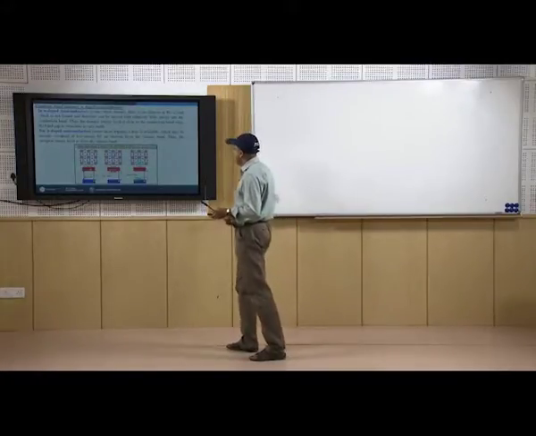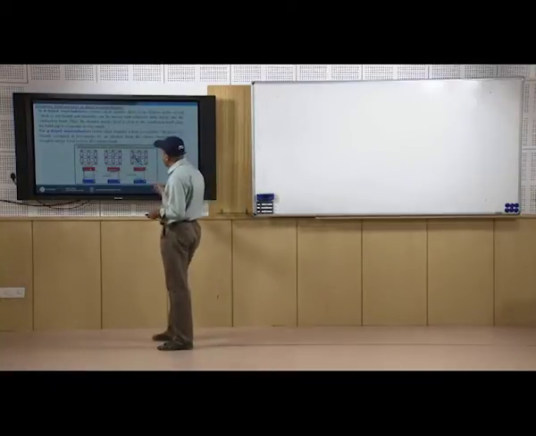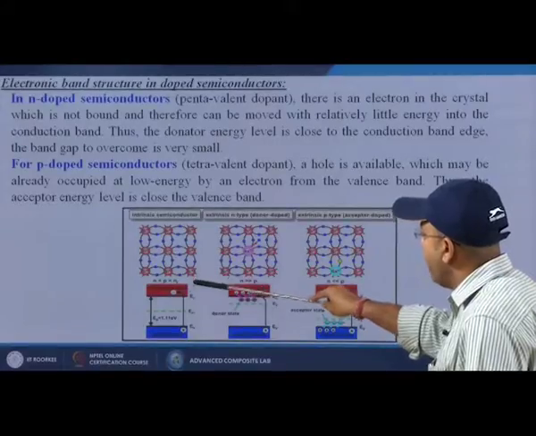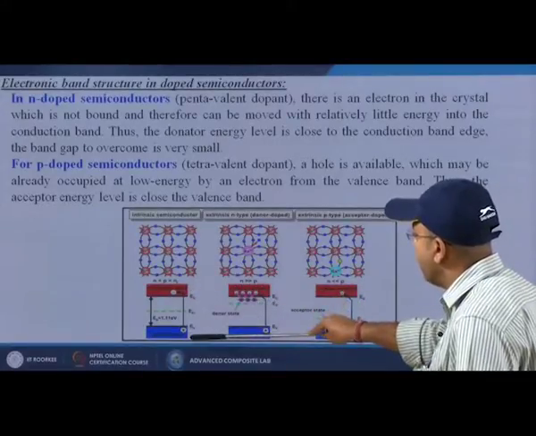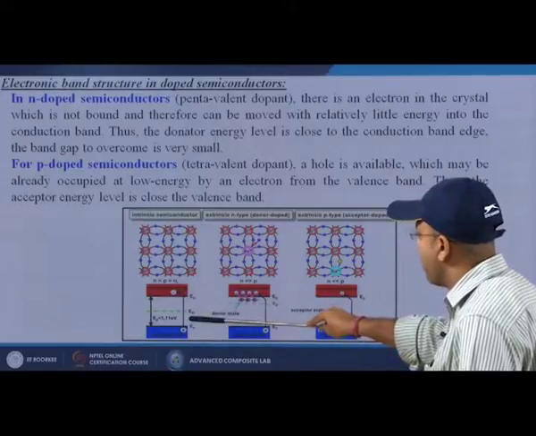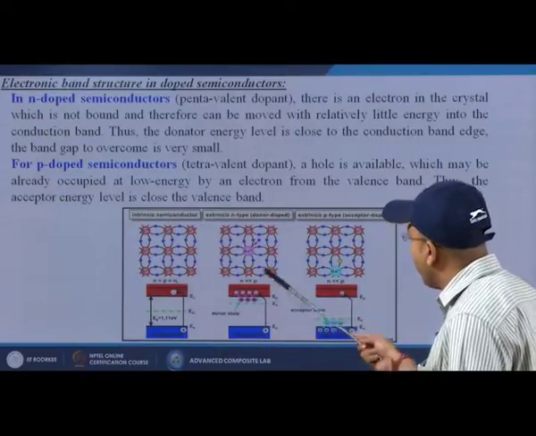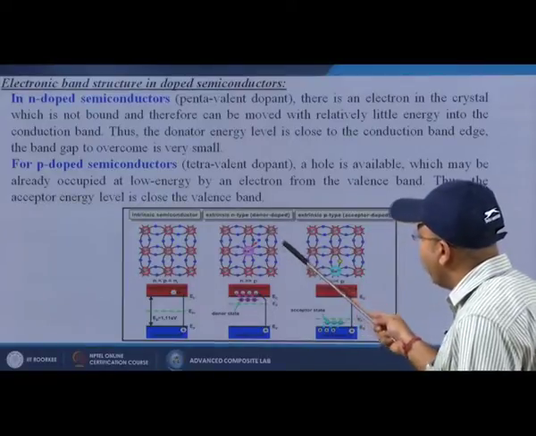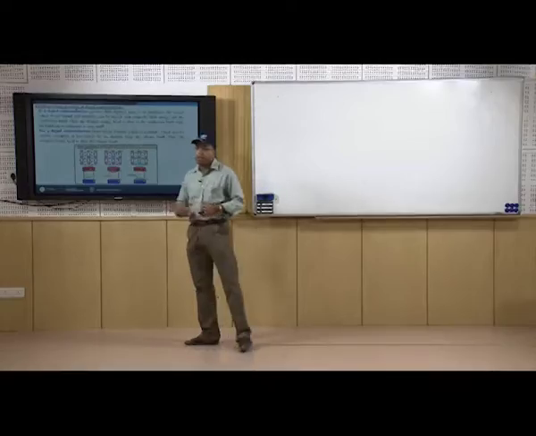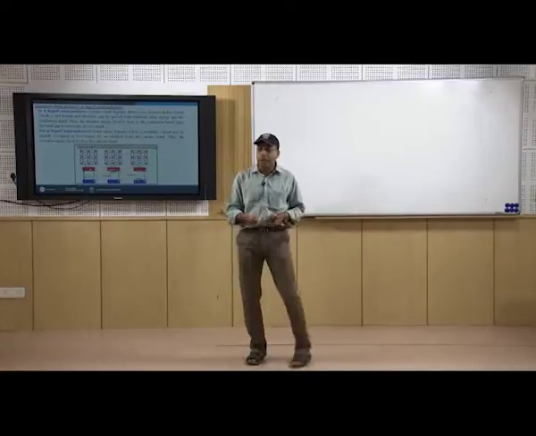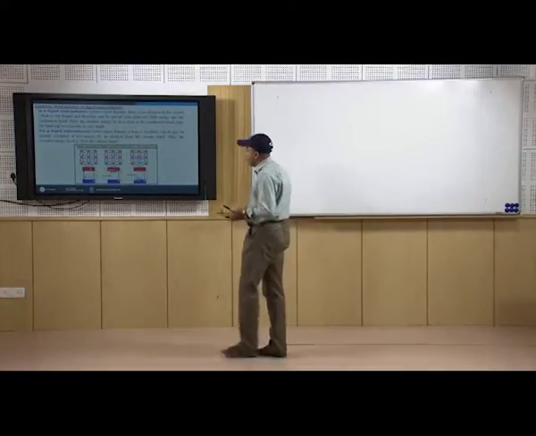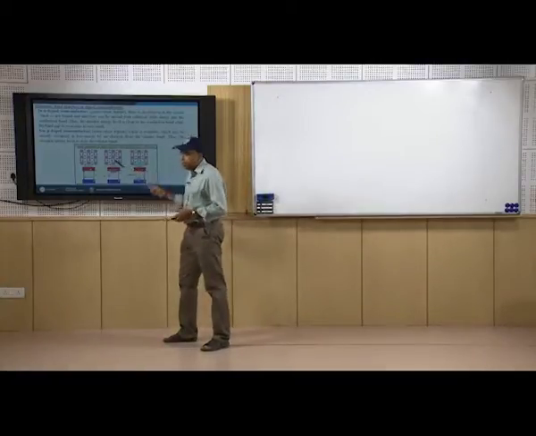So, here the same thing is given in some schematic illustrations. This is known as the intrinsic semiconductor, where I have the conduction band and the valence band, and in between is the band gap. When we are talking about the donor n type, the electron density is getting more in that particular case.